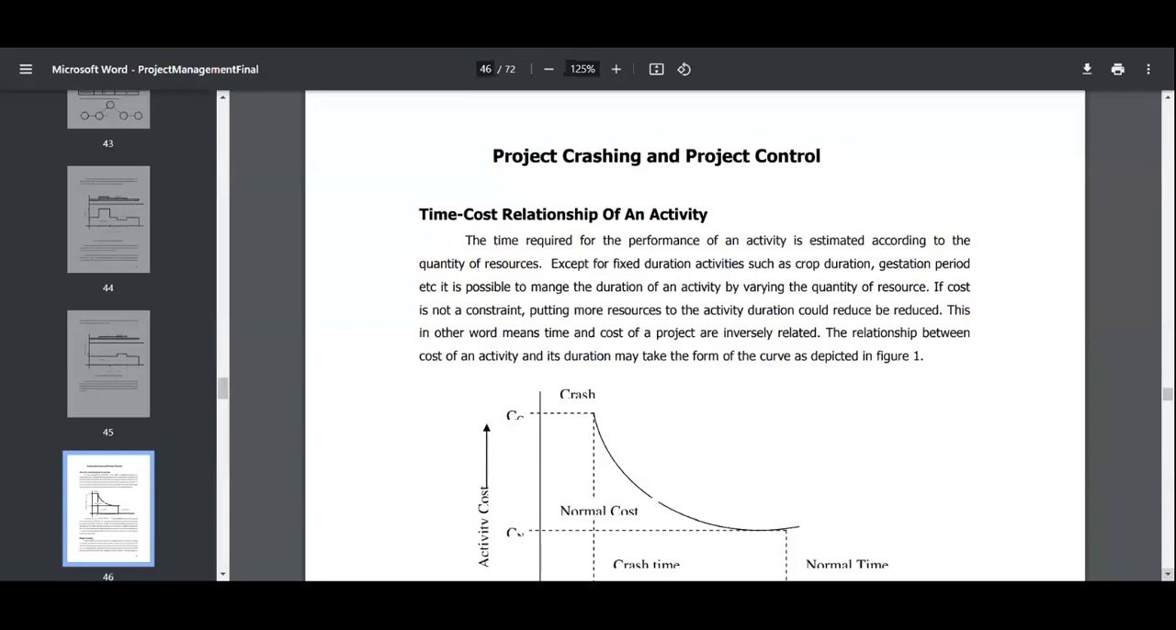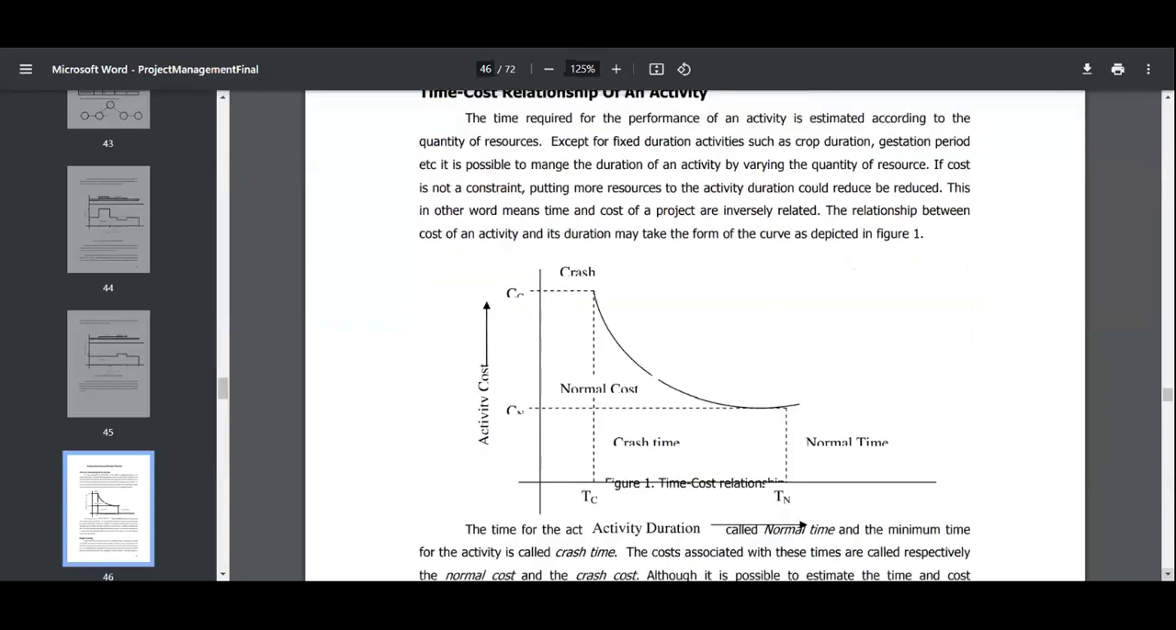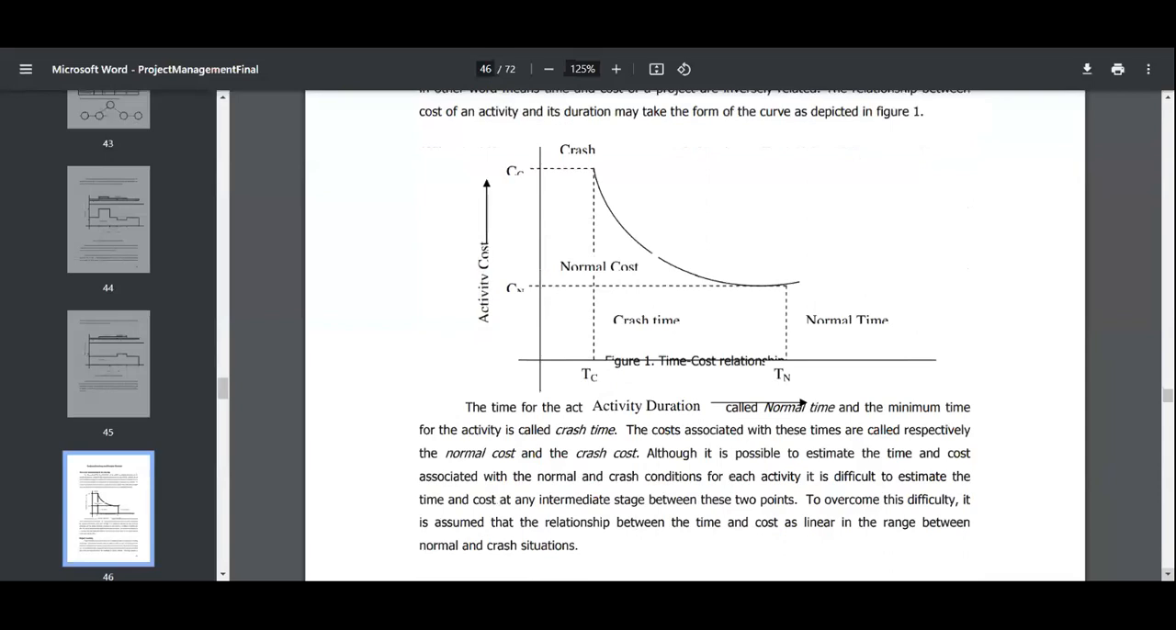We have seen the diagram of that, and here we have seen the figure of the cost relation. Y is showing the activity cost and X is showing the time. So here we have seen some normal cost, crash time, and crash time is the highest time. When we started the work, we completed it on time, whatever the normal time